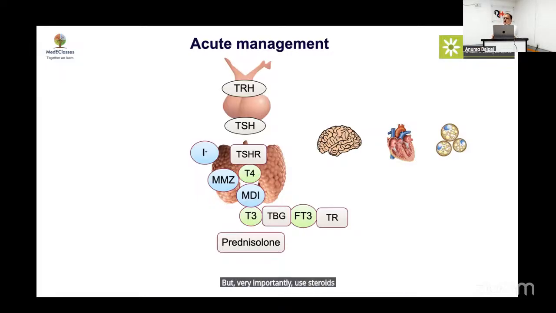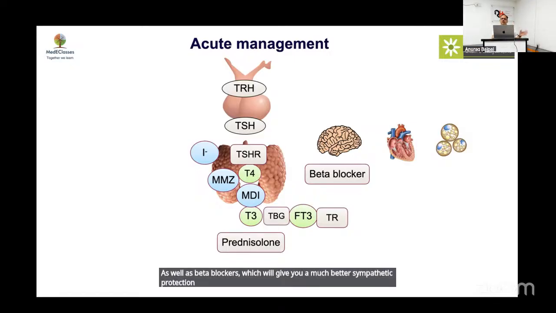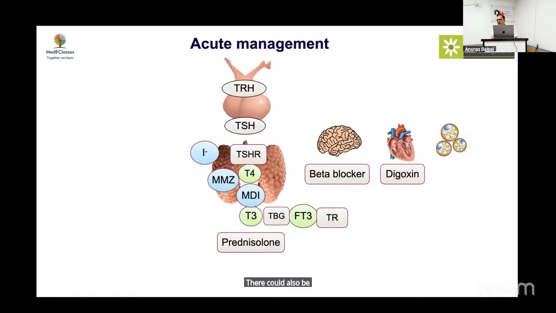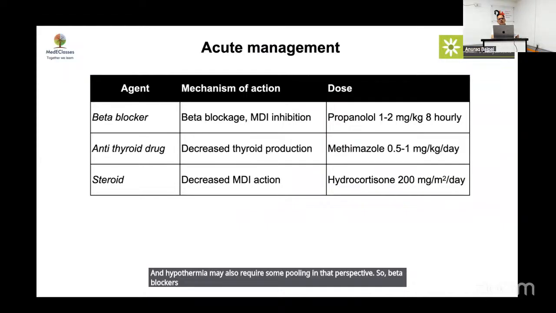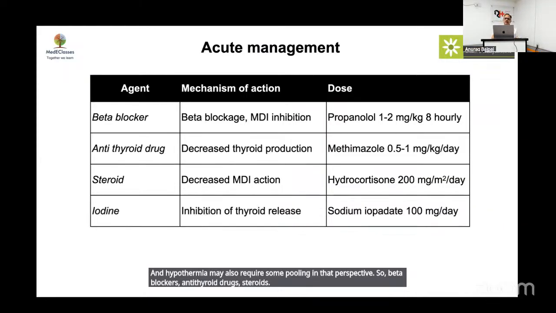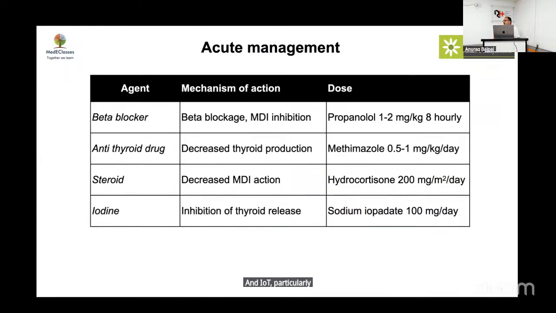which will inhibit the conversion of T4 to T3, as well as beta blockers, which will give you much better sympathetic protection as well as benefit in terms of peripheral conversion. There could also be cardiac failure, for which digoxin is the drug of choice, and hyperthermia may also require some cooling in that perspective. So beta blockers, anti-thyroid drugs, steroids, and iodine, particularly sodium iodate at 100 milligrams per day